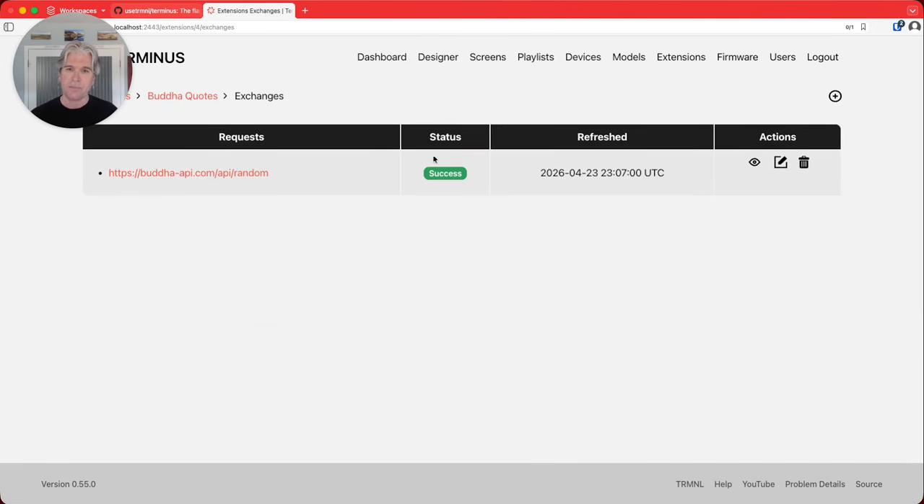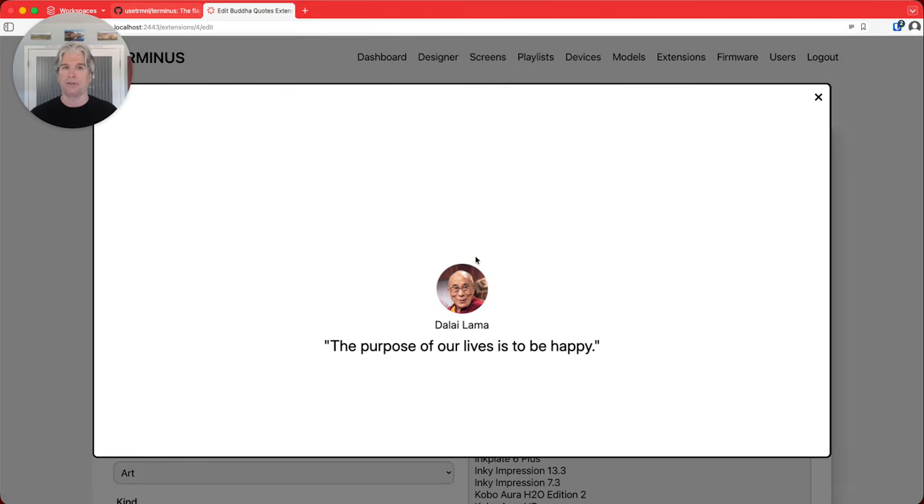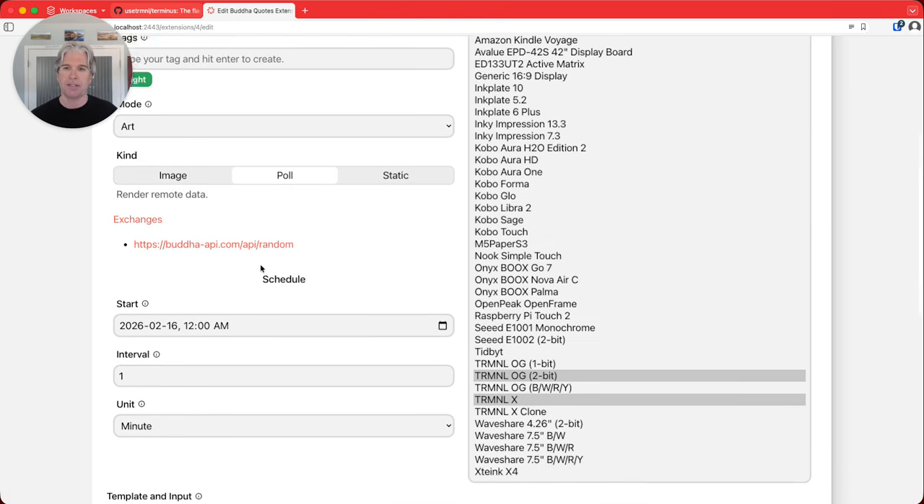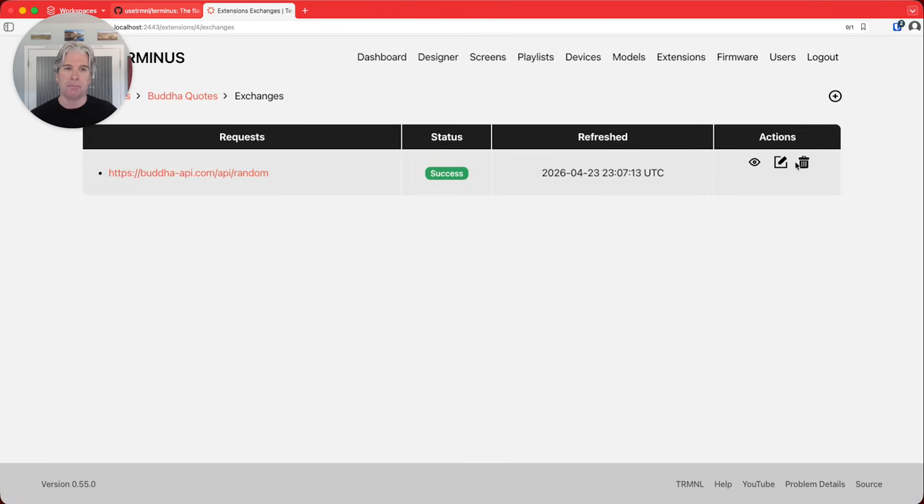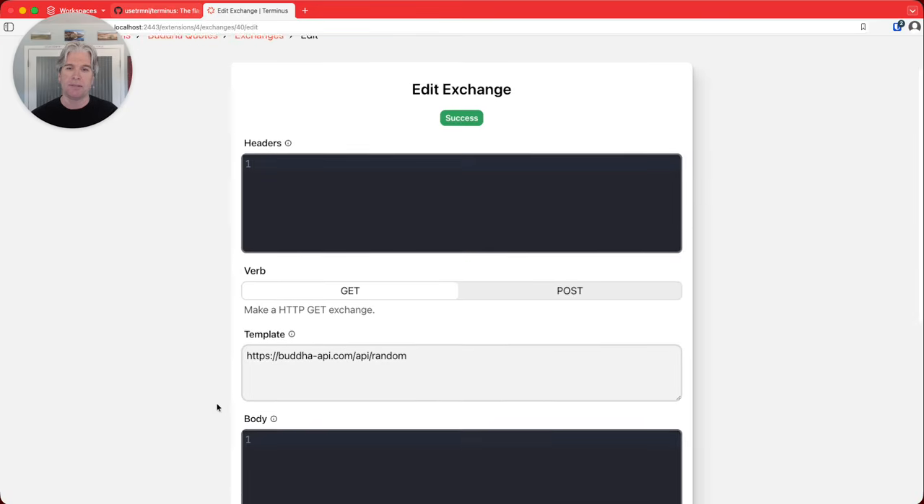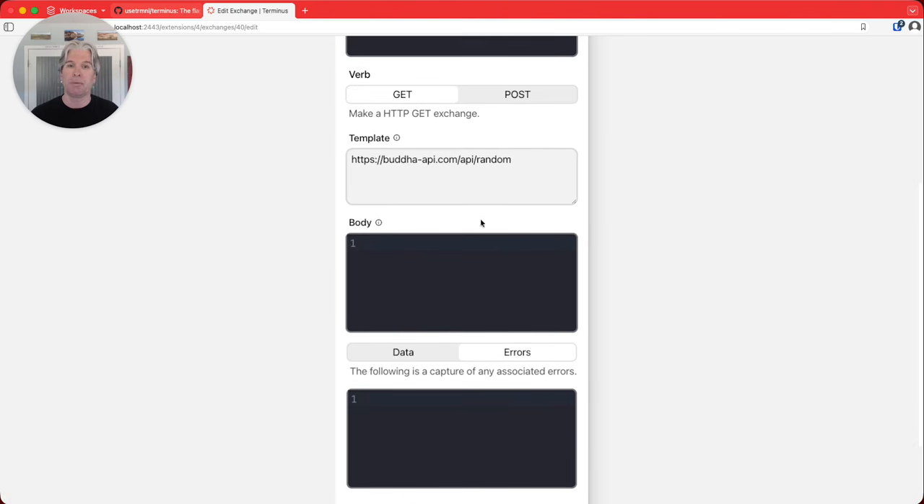So you'll see that I'm actually doing Buddha quotes. If I go back and show you my preview, I'm just getting these Buddha quotes to render. If I go into my exchanges and look at the data for it, you'll see that it's coming back as source 1, and there's all my data from that request. If I click on errors, you'll see that I don't have any errors, but let's actually simulate a situation